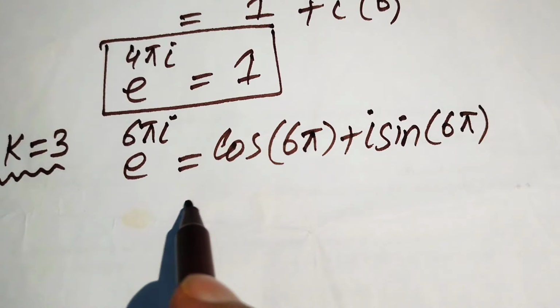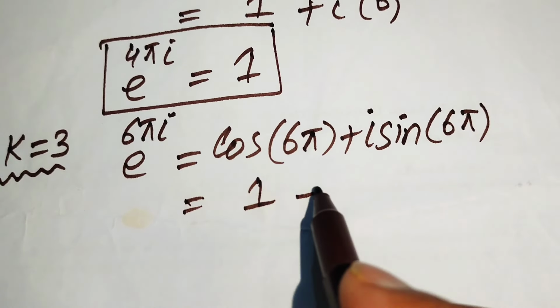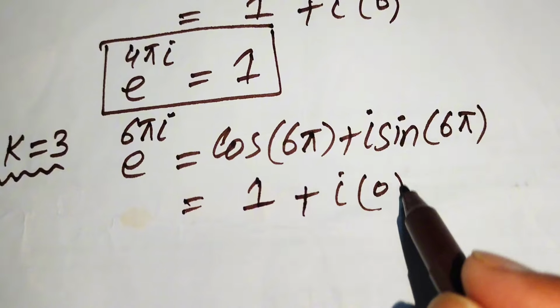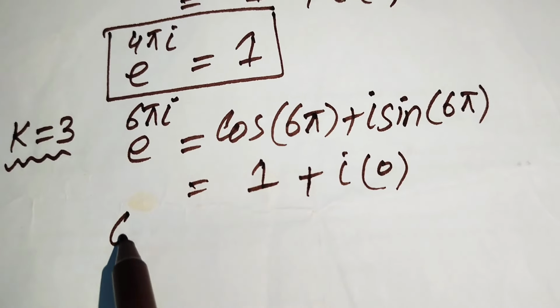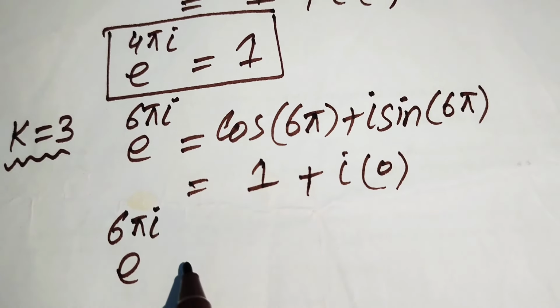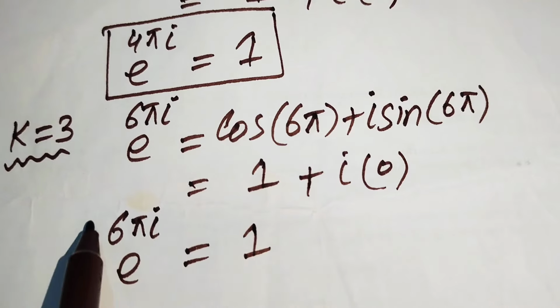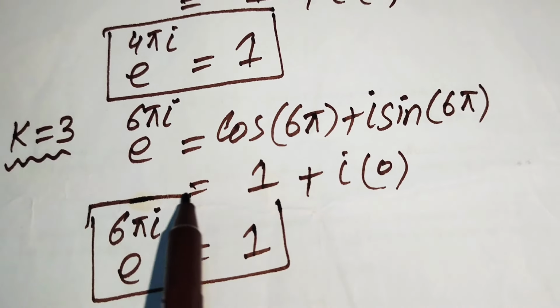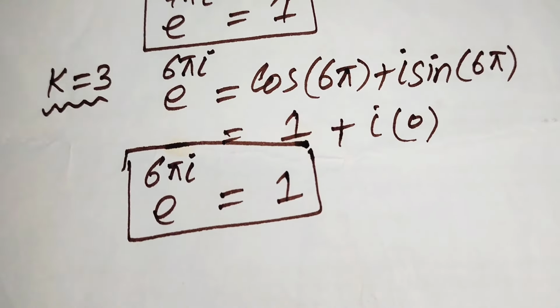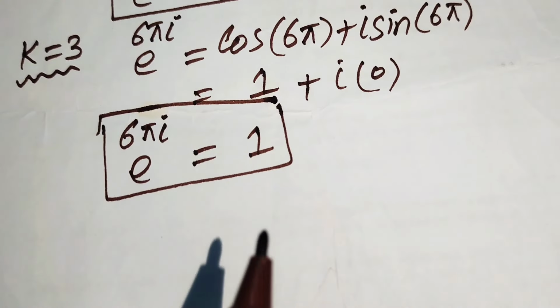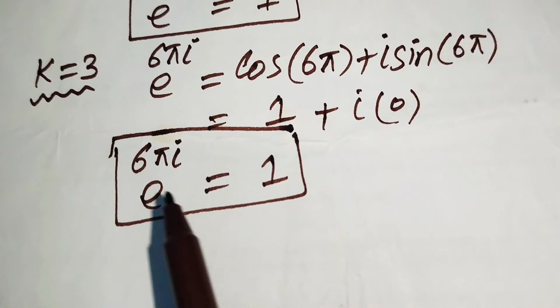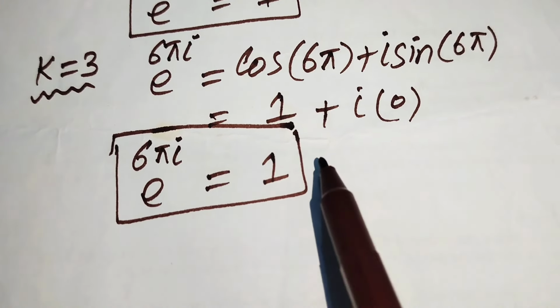Here again the value of cosine is 1 and the value of sine is 0. So we have the value of e to the power of 6 pi iota is equal to 1. This shows that the value for all multiples of pi is equal to 1,